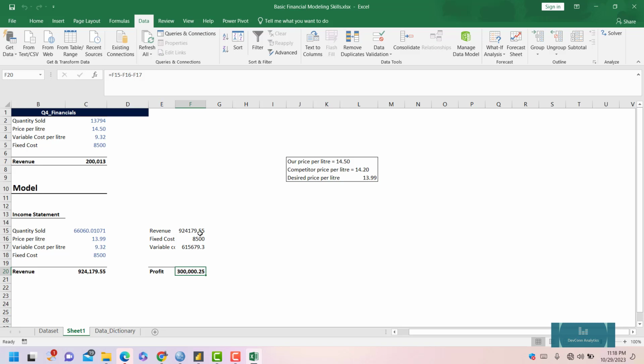Let me mention that there are situations where you want to predict what will happen when several variables are affected or changed at a certain time, in which case we would not be able to use Solver. In situations like that, we would use another tool called sensitivity analysis, and that is something that we'll not cover in this video. But if you do want more information or to learn how to do other complex things in financial modeling using Excel,